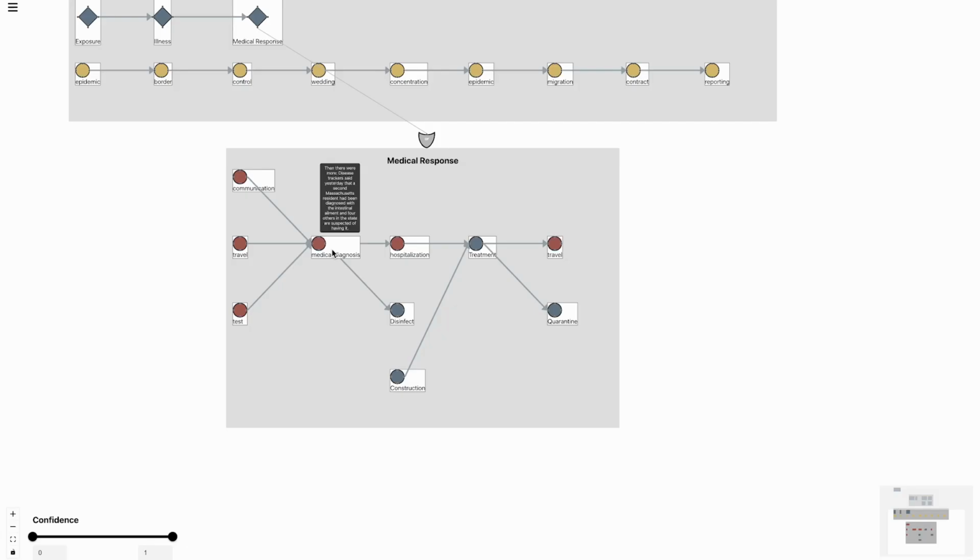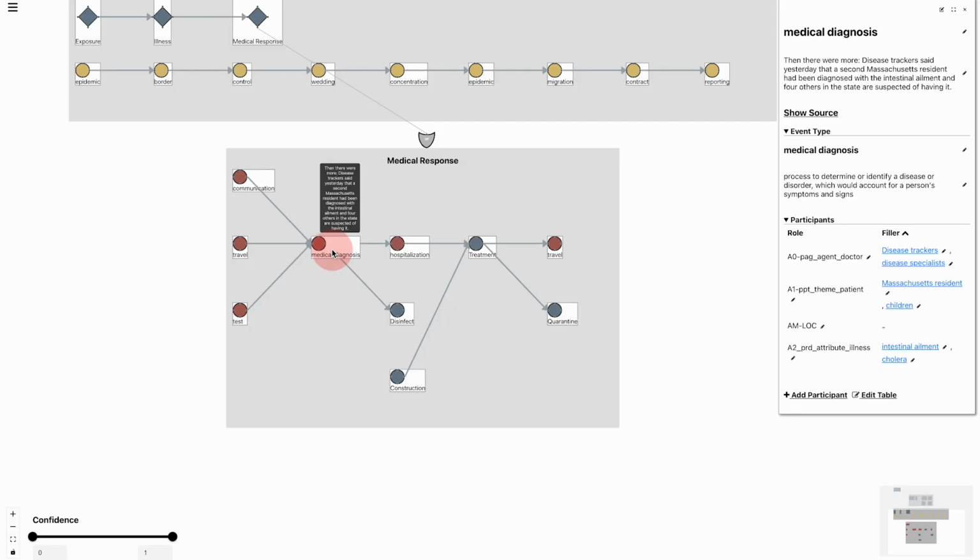If you click on any event, the event information panel will show up. In the panel, there are the name of the event, the description of the event, and the type of the event extracted from Wikidata. At the bottom, there is an argument table to store all the related information, such as location, agents, and theme of the event.